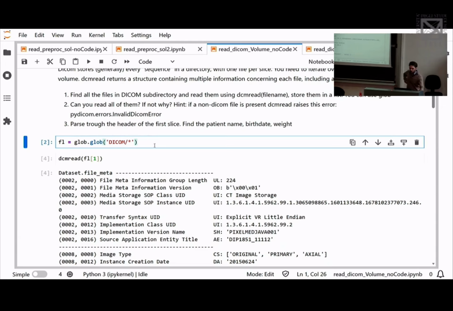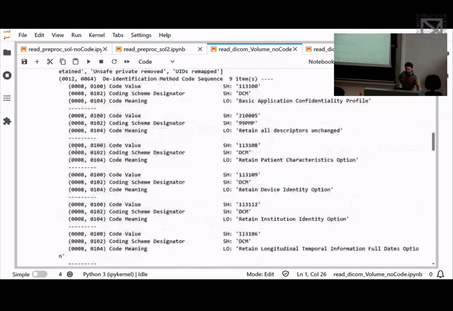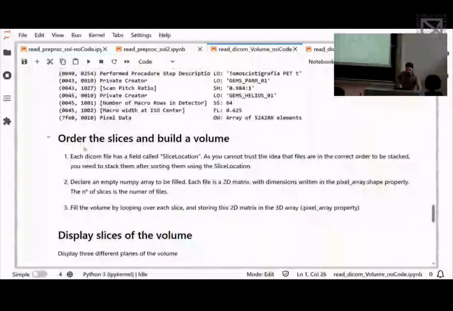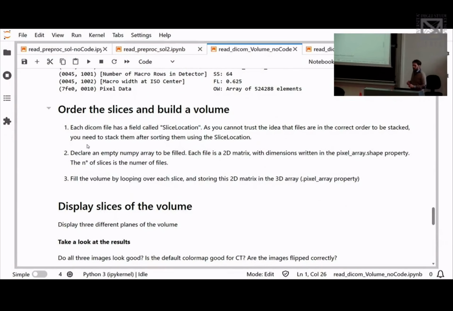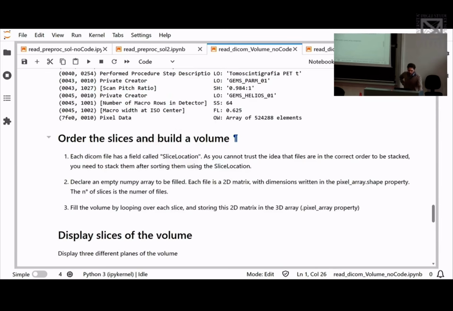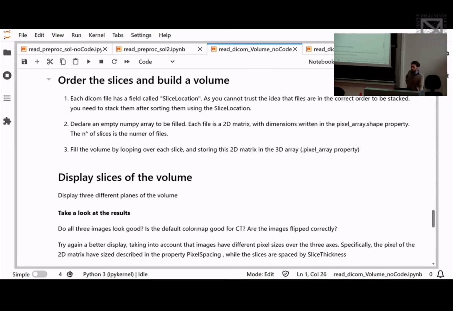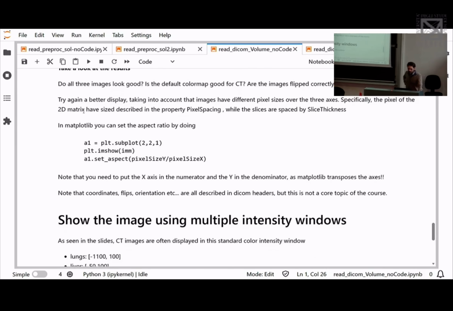So what you need to do here in general is to read all the files and order them. Each file has a slice location field in the DICOM header, because you cannot trust that the file name is correct to tell you the right order. You fill a NumPy matrix array, and then here I'm just asking you to play with